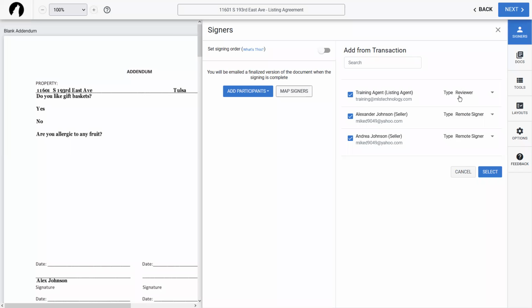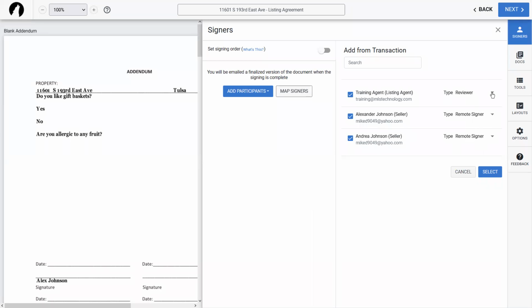Now, reviewer in this case is going to be a binary. It's either they approve it or they decline it. It's an either or option. That's the only thing that's necessary. So the reason why we have this set up with a reviewer option in the first place is because if you have somebody that needs to review the documents but isn't necessarily going to be putting their signature on anything, they can do so. So if you have like a lawyer that needs to review everything before you send it off to the client, you guys can set that up.